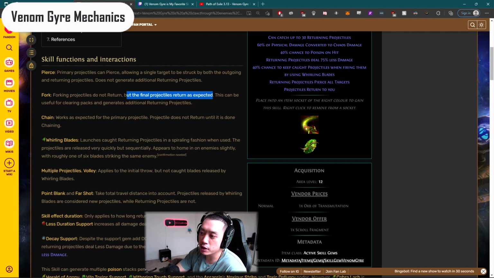Now here, it says it launches caught returning projectiles in a spiraling fashion. When used, the projectiles are released very quickly but sequentially. Appears to home in on enemies slightly with roughly 1 of 6 blades striking the same enemy. Now, this is not really confirmed, so it's really hard to know exactly how many blades out of 30 will hit the boss. So that's why the skill is pretty hard to calculate on DPS, and that's why it doesn't look so impressive on